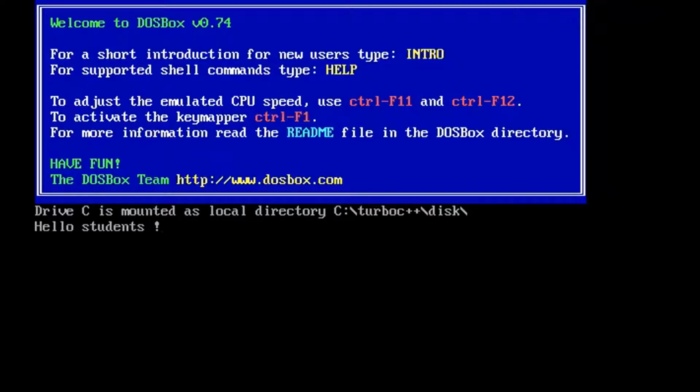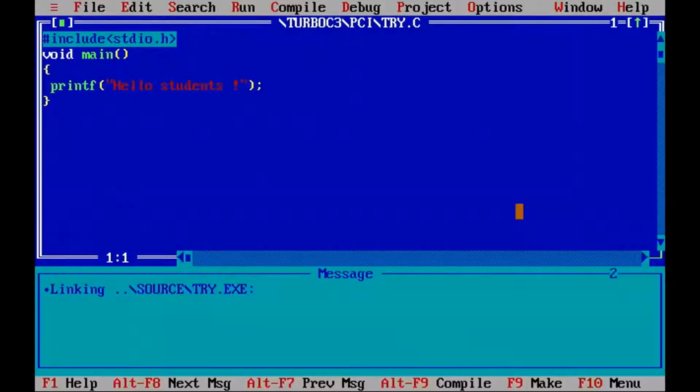Now here, to go back to the TC program screen, you can press any key, and I'm pressing any key now to go back. So I come back here. Again, this screen is divided into two parts, that is the program screen and the message screen. You can close this message screen using this arrow key. You can see this at the top right corner in the square bracket, there is an upside arrow. You can click on that so that your message window will be closed. So I'm clicking on this.